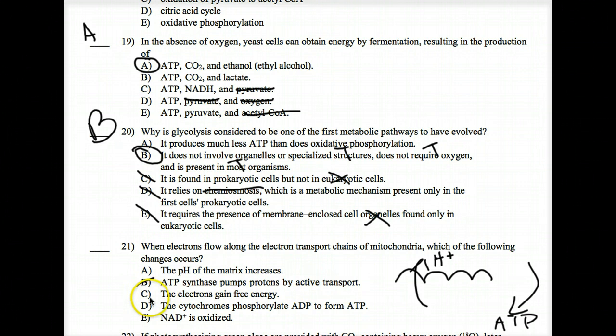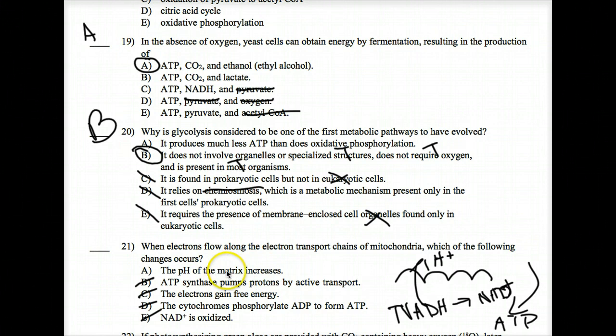The electrons gain free energy. The electrons are actually losing energy. NAD plus is oxidized. That would mean that I'm forming NADH, and I'm actually going from NADH to NAD plus here. And so I'm not oxidizing it. The cytochromes phosphorylate ADP to ATP. That's not true. I make the ATP using ATP synthase, which only leaves me the pH of the matrix increases,